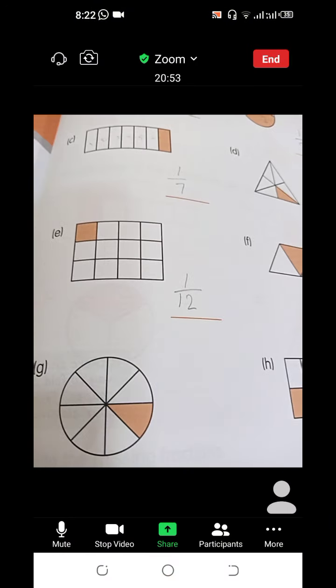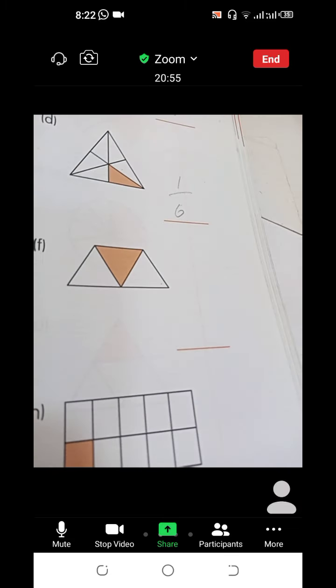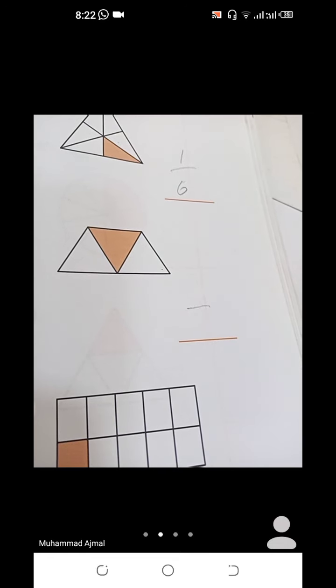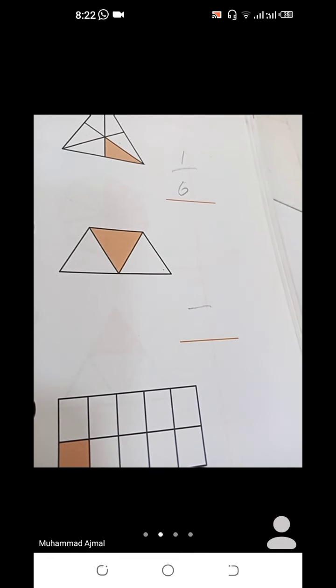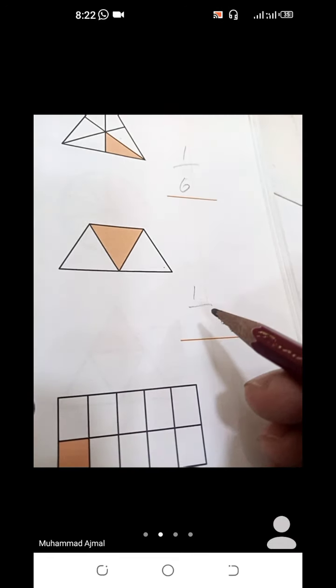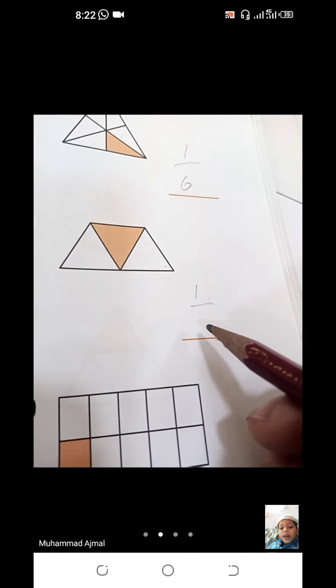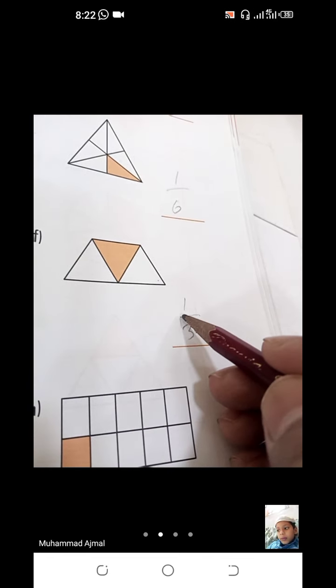Unmute yourself and tell me the answer of part F. And Hazik will tell the 1 over 1 over 3. Now,